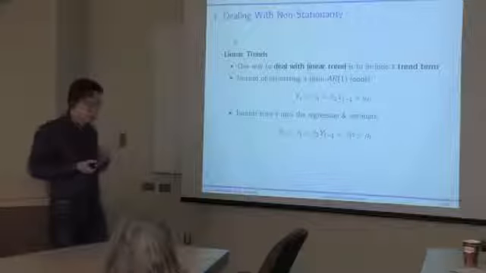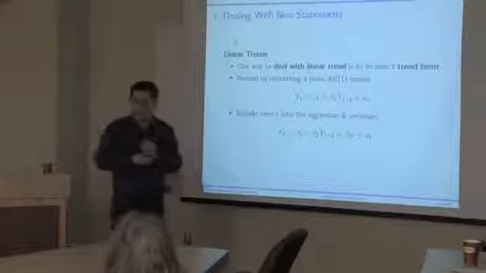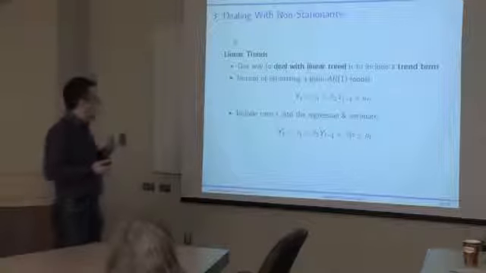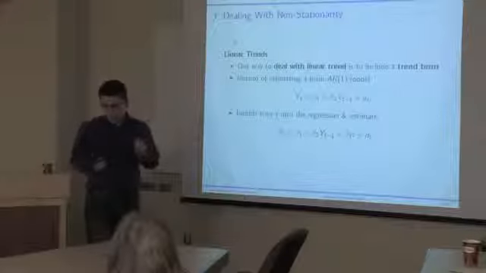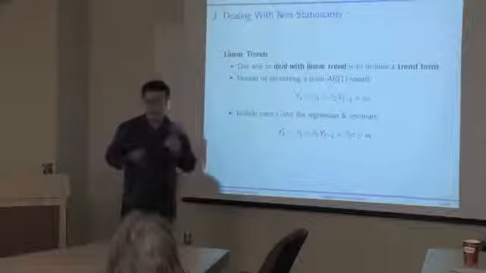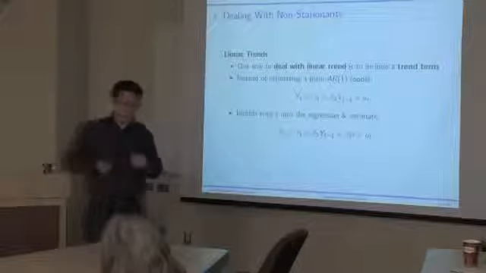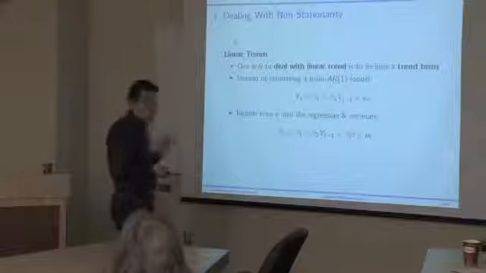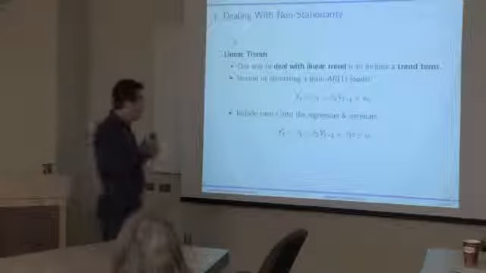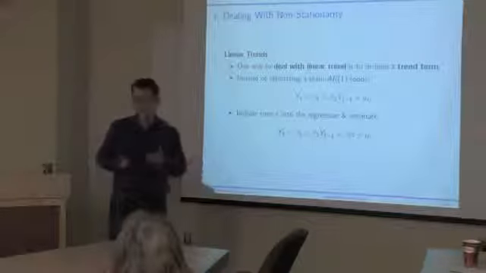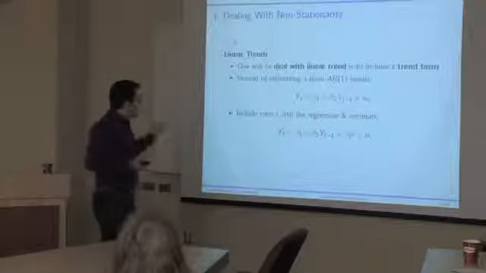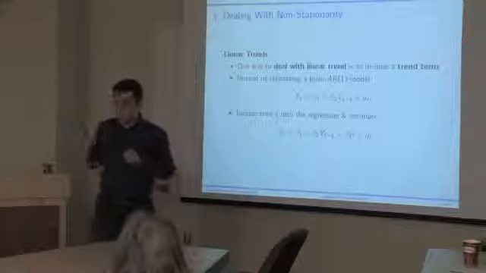Now, differencing the series is a very simple way of dealing with non-stationarity, but it has one limitation in that it removes the trend from your data. So your differenced series, if they're stationary, by definition are not going to have any trend. But for some applications, you might actually be explicitly interested in the trend. So you might think that netting out the trend from your model is actually bad because you're purposefully interested in the trend. Maybe you'd like to forecast the trend, maybe you'd like to estimate the trend. So sometimes you may want to be more explicit about the trend, and in that case differencing might not be the best option.